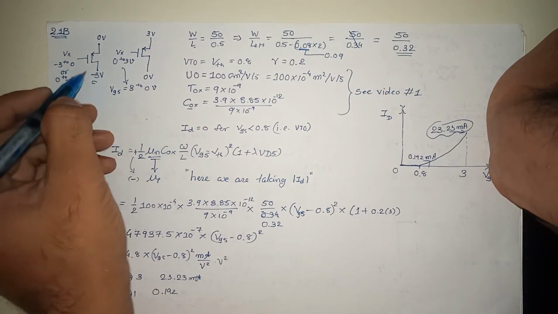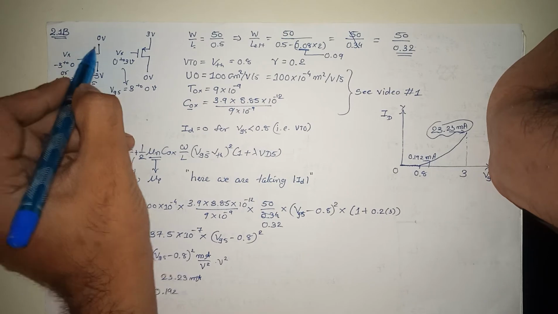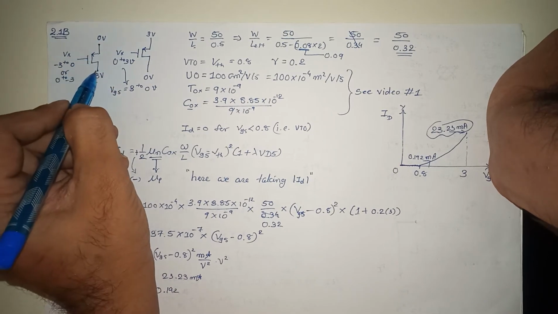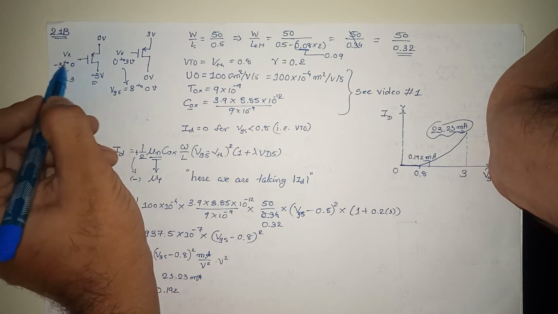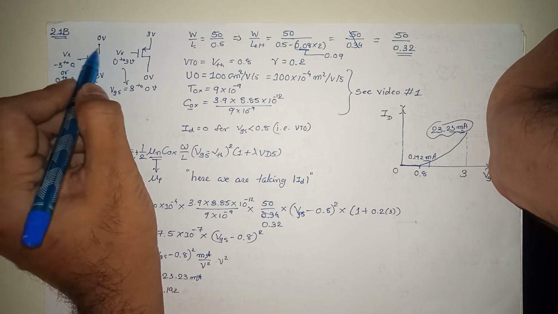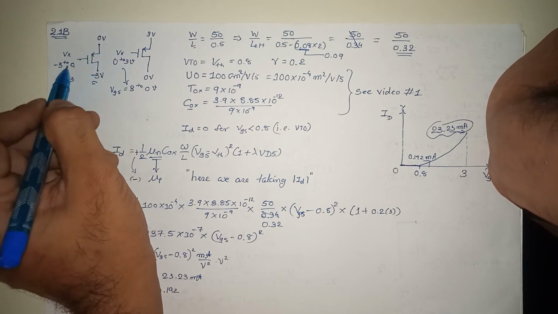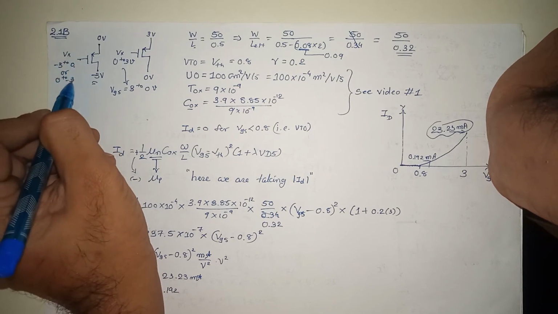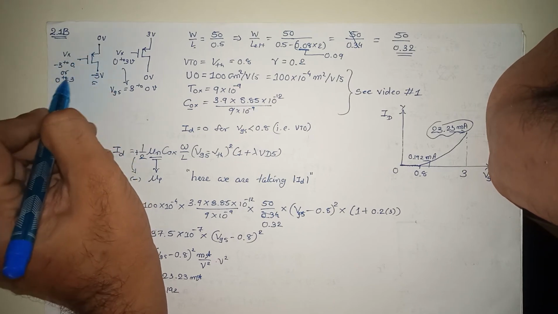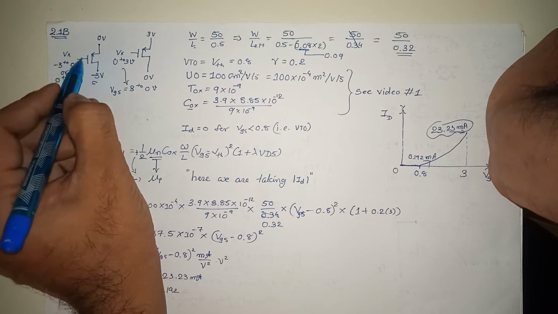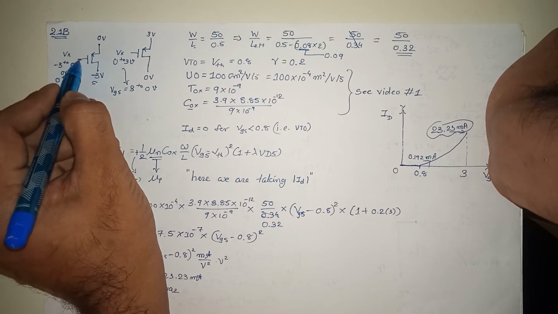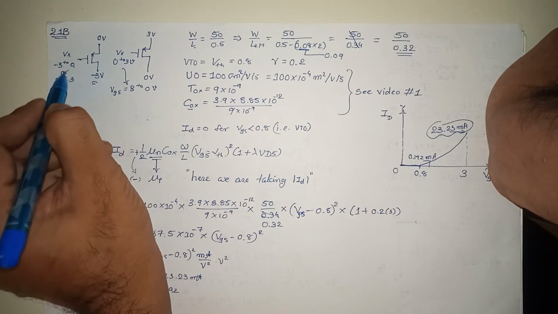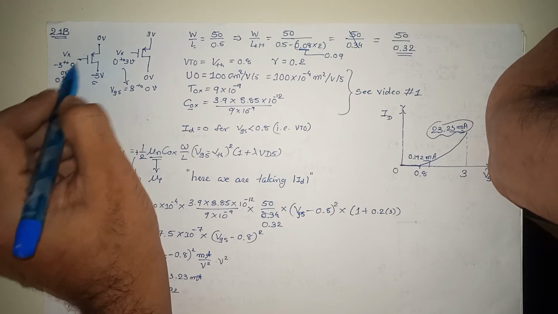Now you can draw PMOS like this. You can tie the source to ground and the drain can be -3 and the gate can be from -3 to 0. So ultimately VGS will be from 3 to 0, right? Or you can go for 0 to 3. So ultimately your VGS will be from 0 to 3. The advantage of this configuration is that if you move your Vx from 0 to -3, your VGS will go from 0 to 3.